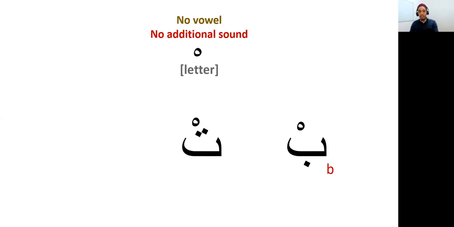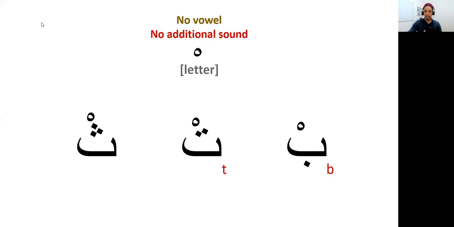Okay, let's give another example. Letter ta. When the letter ta has that guy over there, we know the letter ta has that sound. That is exactly what that circle is telling us, that this letter ta has no additional sound, it's just t. And that's how it's going to be read in a text as well, just t. But how that is applied, that we will do later, because the application of this one is tricky, but we've got a solution to that, inshallah. Last one is the tha. You can see it has the circle on there. So basically, it's telling us that this letter is just